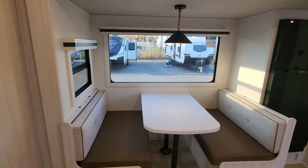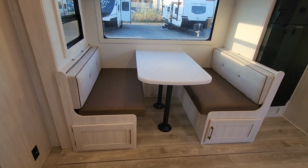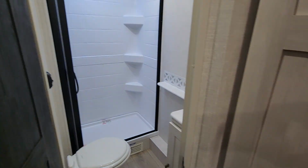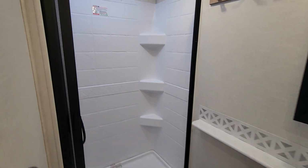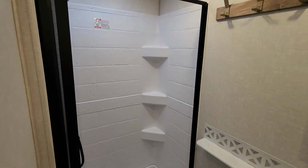You've got huge windows here, great little light above as well, and lots of storage you can access from the front 2 doors, but also through the top as well for easy access. You're going to have your easy to access bathroom here. Great big shower. So you've got that 30-inch plus wide shower, and then you've got a mildew resistant pull across